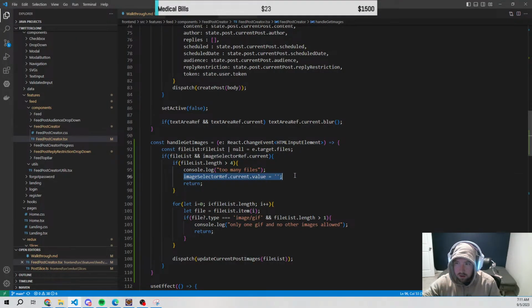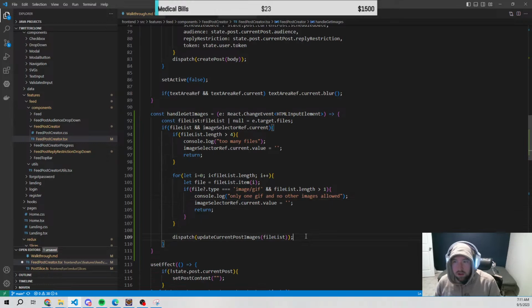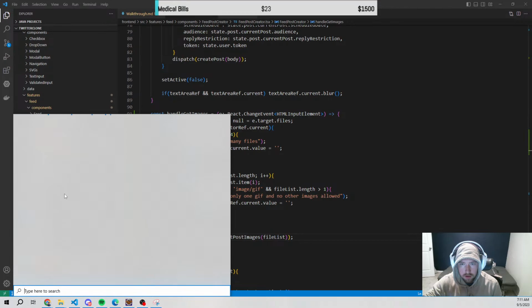So we'll do the same thing here. If we have too many files, we'll also do this. Otherwise, we can dispatch the file list. So now the issue is going to be, how are we going to deal with putting files into here? Do we do it base 64 or what? So if we go into Postman,